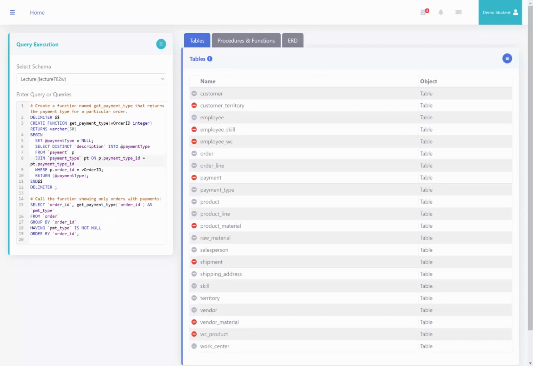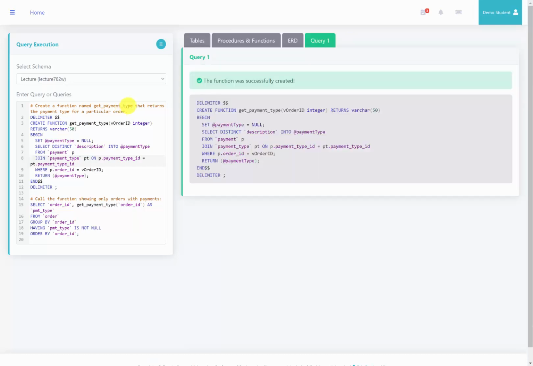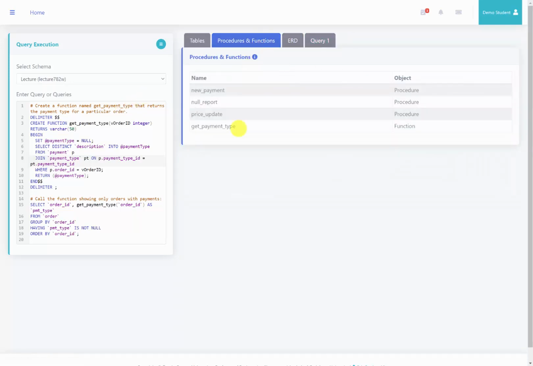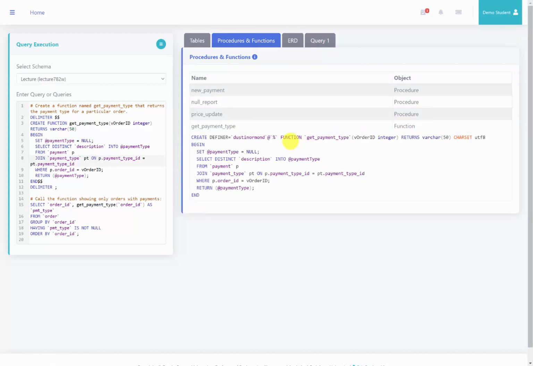So here I am back at the server. I've gone ahead and copied these queries over. I'm going to go ahead and run this first one, and it says the function was successfully created. Let's go to the procedures and functions tab, and we can see that getPaymentType is now included as an object that is a function. Just like procedures, if I click on this, I can see what the code was to